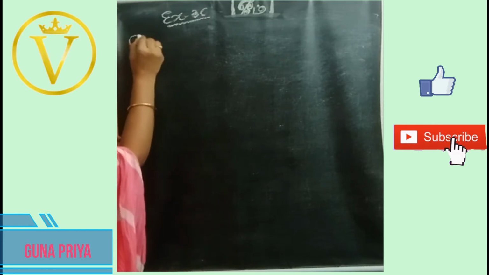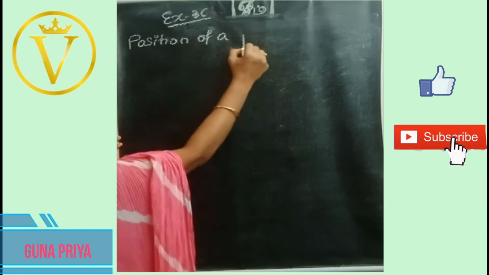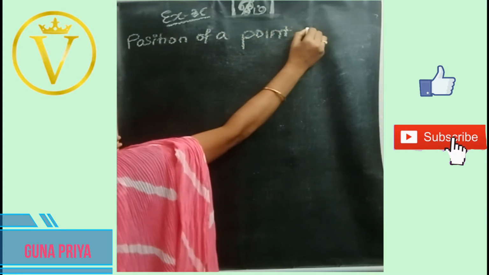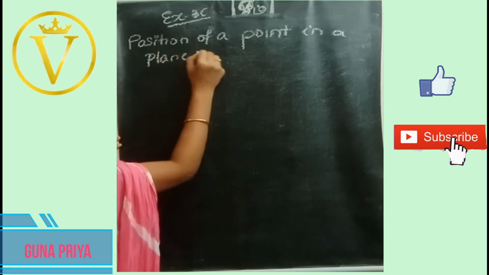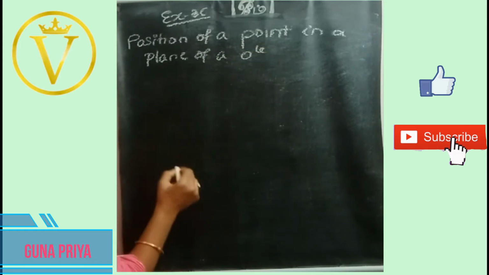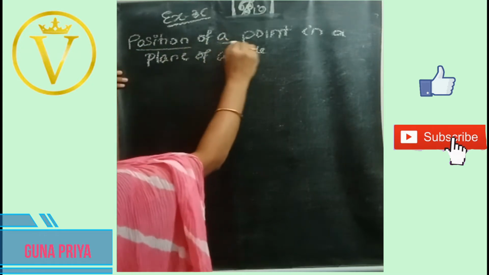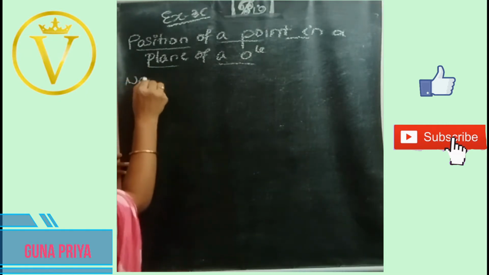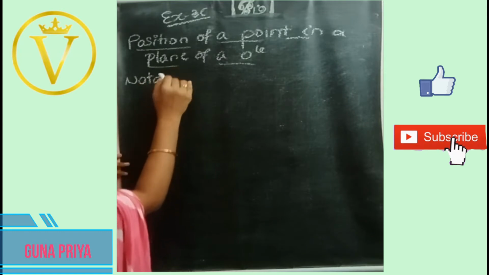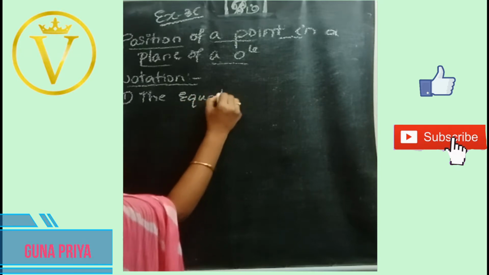See here, position of a point in a plane of a circle. This is the headline for the note. Now to find out the position of a point in a circle, there are some notes. First note, or notations. Note: the equation of